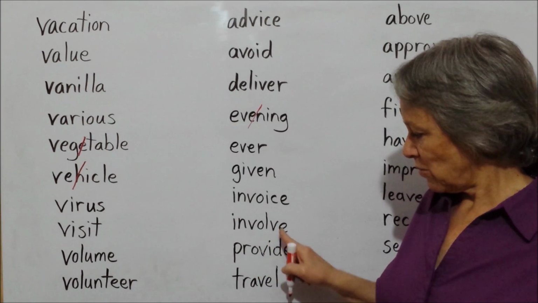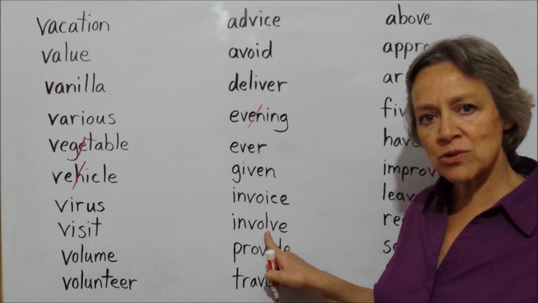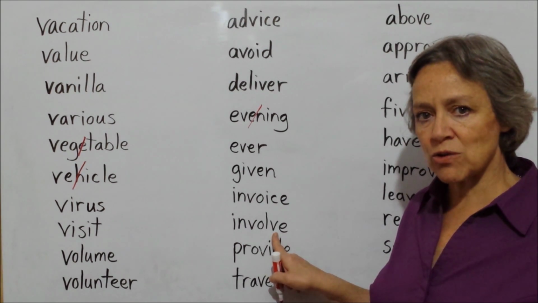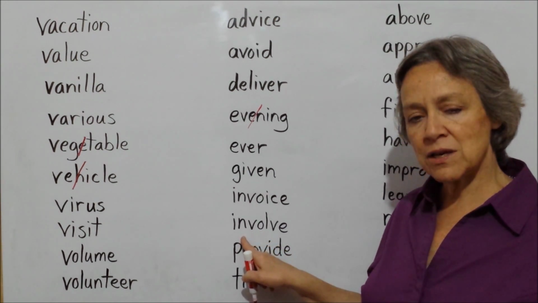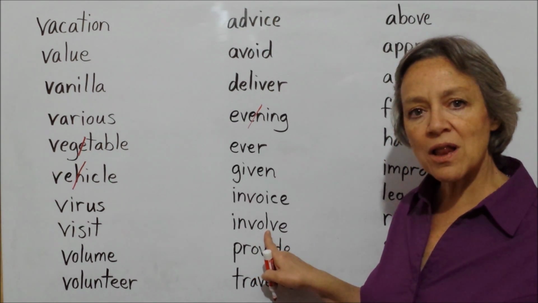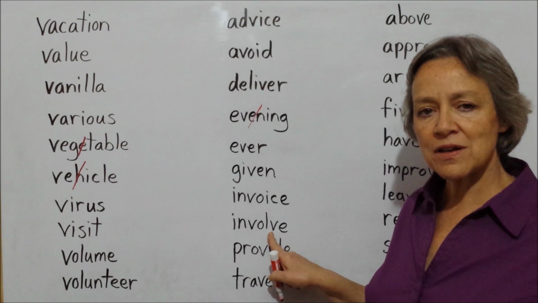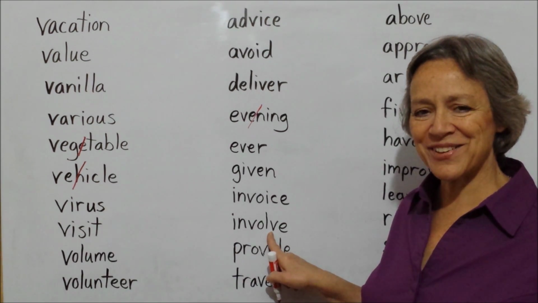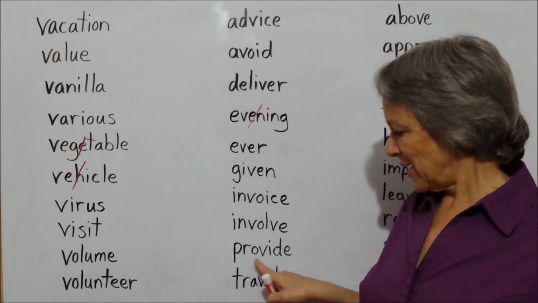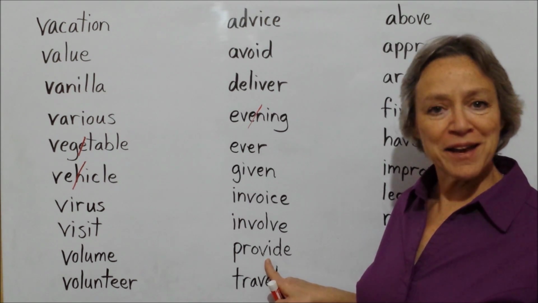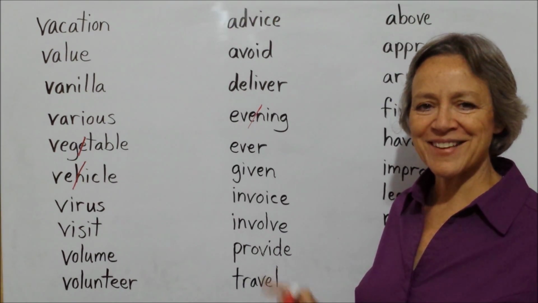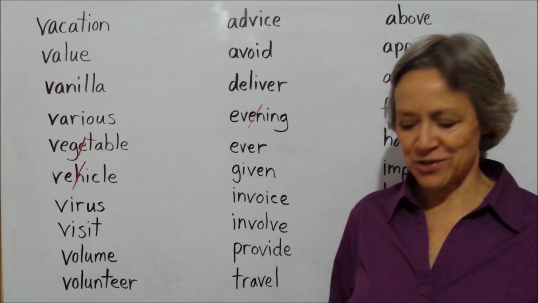Involve. And we move from the O sound to the V sound. We do not put an extra vowel sound between these 2 sounds. So it's involve. We move from O to V. Ove. Involve. All right? Involve. Some people have trouble with that, but not everyone, of course. And this, I would just like to say it one more time, is provide. Provide. Okay, let's move on to the last column of words.